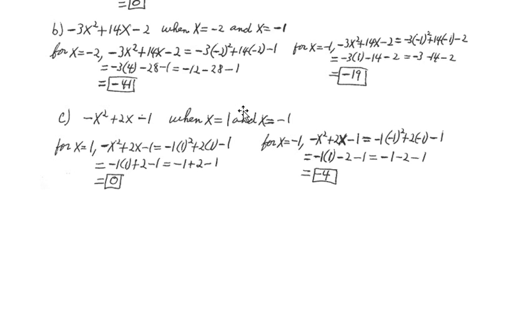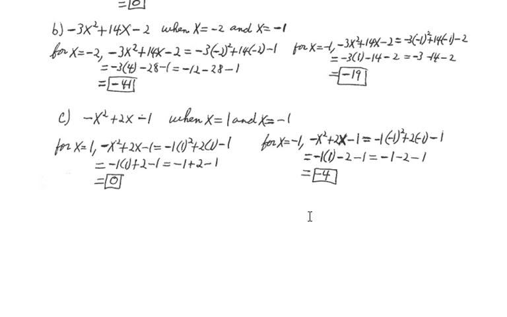And then to C, where we have the expression minus 1x squared plus 2x minus 1 when x equals 1 and when x equals minus 1. First, when x equals 1. Then this expression minus x squared plus 2x minus 1 becomes minus 1 times 1 squared plus 2 times 1 minus 1, which simplifies to minus 1 times 1 plus 2 minus 1,